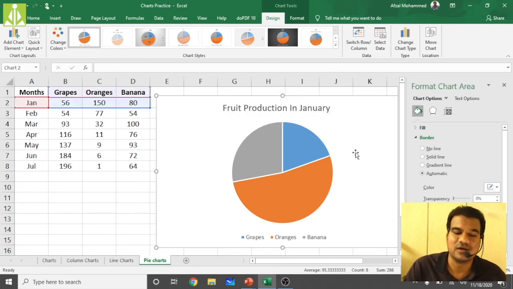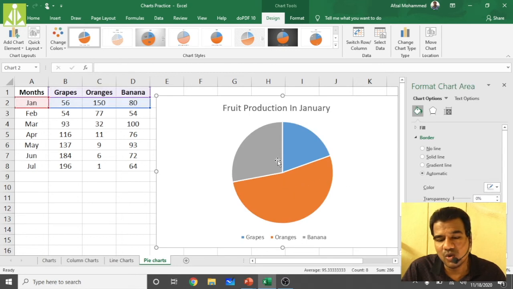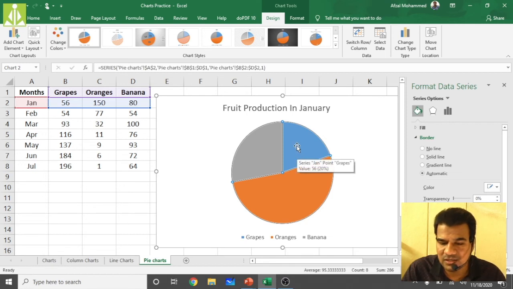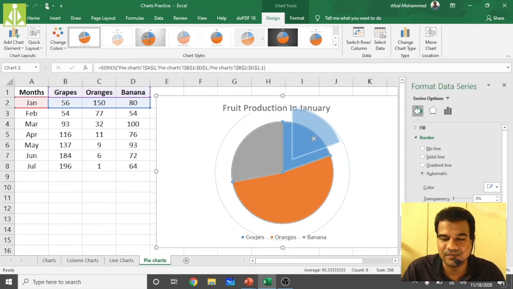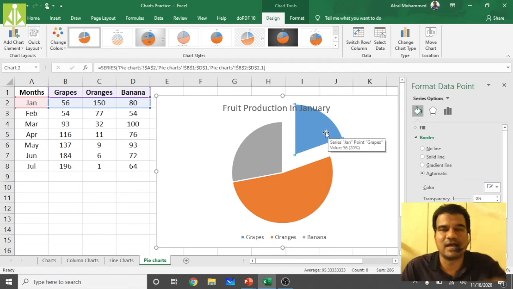The next thing is how we can make this pie chart more realistic. You can select this pie diagram, and if you want to show only the banana production highlighted, you can. This is bananas, right? This is grapes, only the grapes production highlighted. You can drag it like this, and it will come out like this. It is just like a slice. If this entire thing is a pizza, it is something like a pizza slice. We are showing it out.